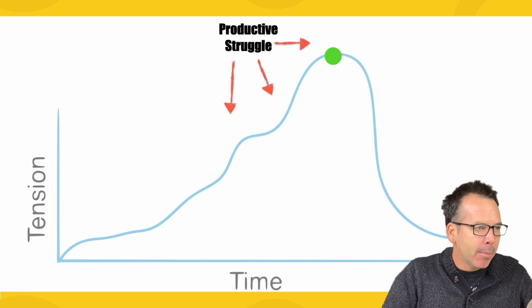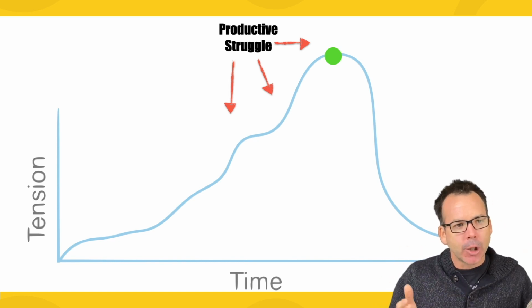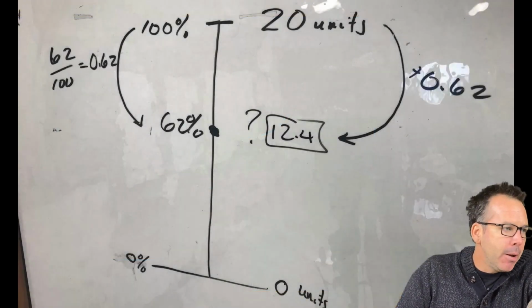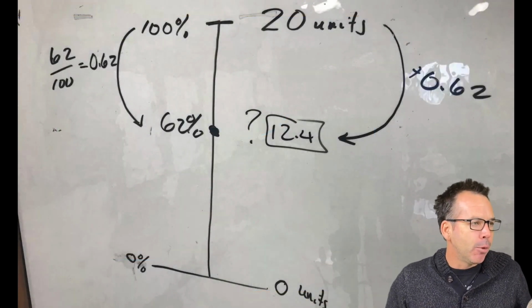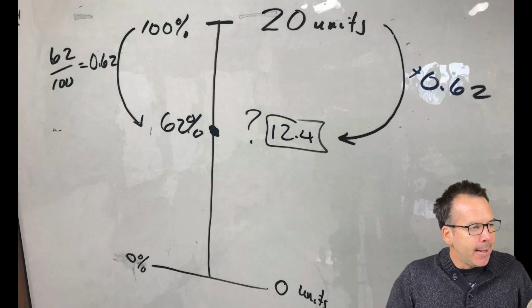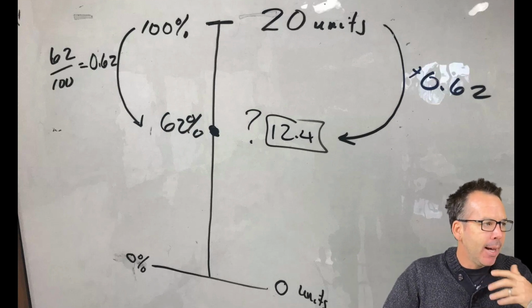That's that moment I'm talking about, where the green dot is, where kids are struggling maybe to find the 62% and not sure exactly where. We get to step in and share a strategy that might work. So then that might be like, let's draw the tree, but on a line and it's like a number line. On one side we look at percentages, on the other side we look at units. It's like a double number line, but we've tipped it up,